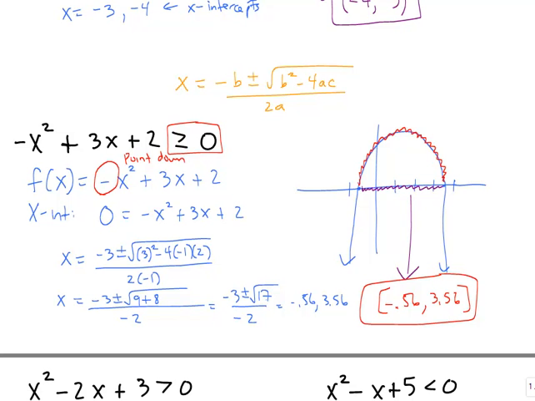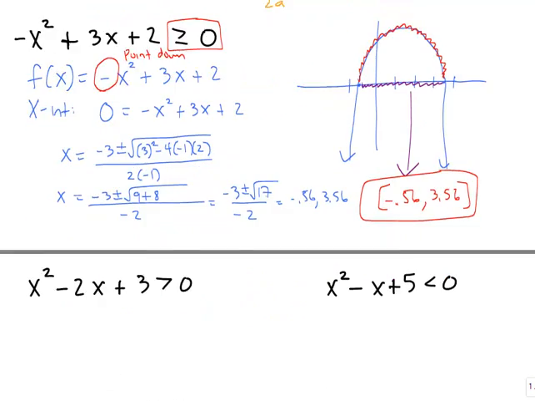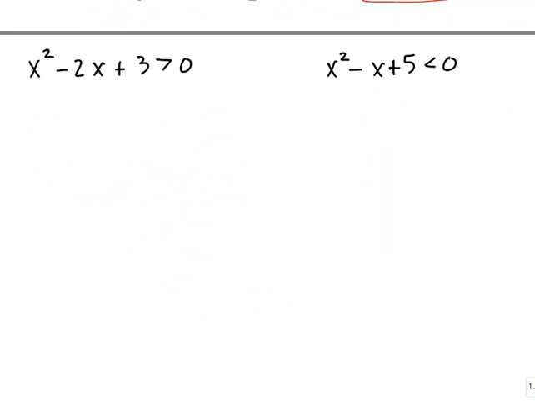Alright, on our next example, we're going to do the same process again. Remember, these are quadratic inequalities, so that's why this two-dimensional approach works well. First thing you want to do is get a 0, which this one already has. Then you can call your f of x, this polynomial over here on the left side, so x squared minus 2x plus 3. Next step is to find your x-intercepts by setting 0 equal to your quadratic and trying to